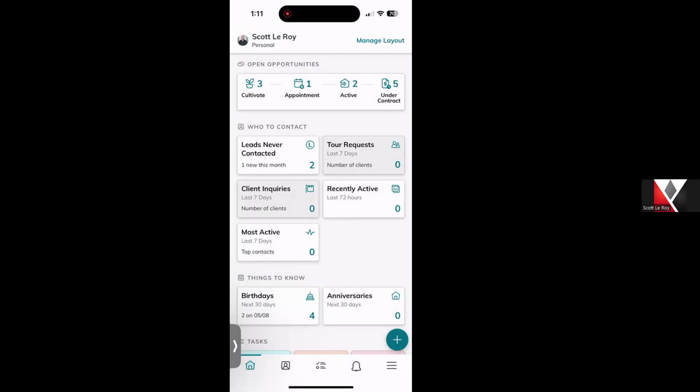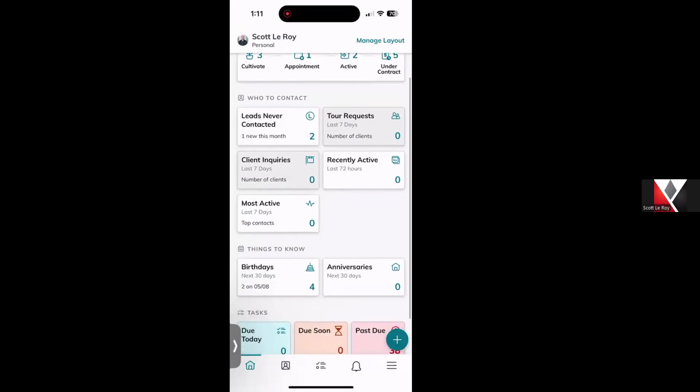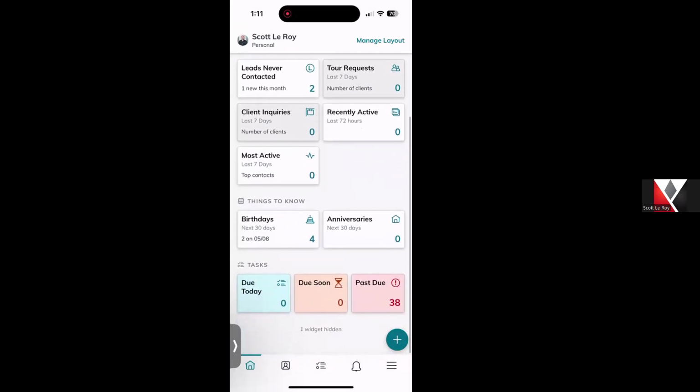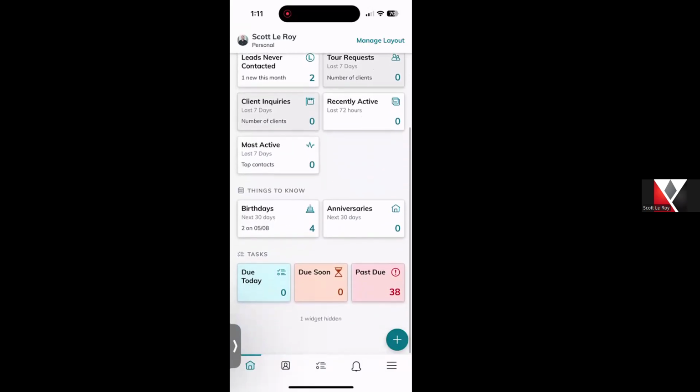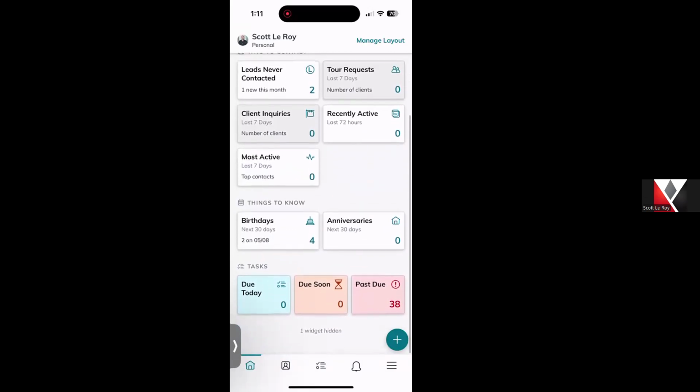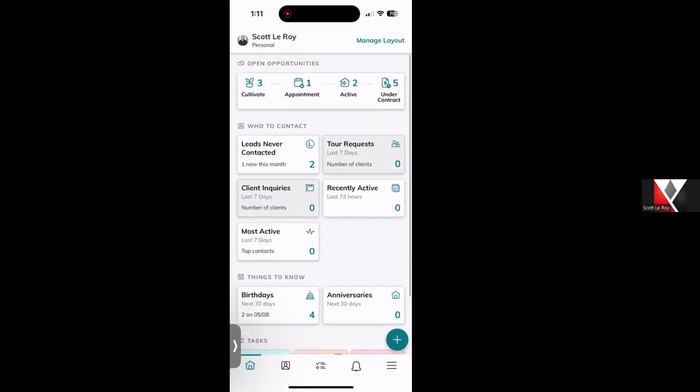Now, this probably looks pretty similar to what you see on a desktop version. We have opportunities at the top, who to contact, things to know, and tasks at the bottom. Notice that ours actually says down there at the bottom, one widget hidden. You can customize this home screen right here, and I'll show you how to do that. You'll click the Manage Layout in the top right-hand corner,